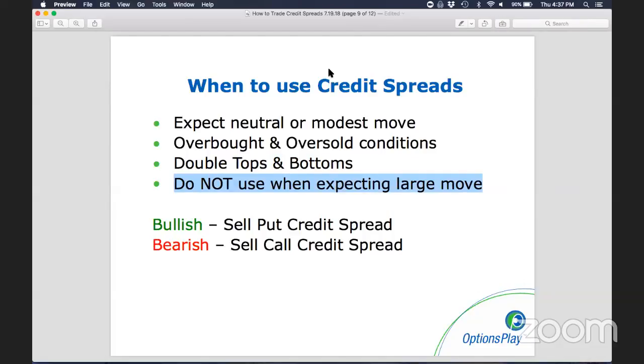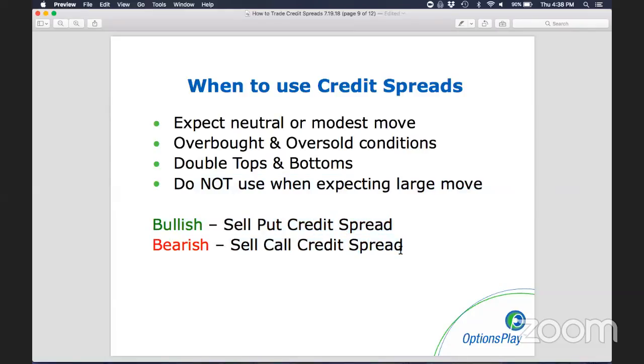So three quarters of you use technical analysis for your trading, and that's really where credit spreads are extremely useful, because for any of you that use technical analysis, you probably have some indicator that helps you identify oversold and overbought conditions or tops and bottoms. These are the times that you want to utilize credit spreads. Just to reiterate, when you feel that the markets are overbought or oversold and you're bullish on that underlying name, you want to sell a put credit spread. If you feel the market is topped or hit some kind of overbought condition, you want to sell a call